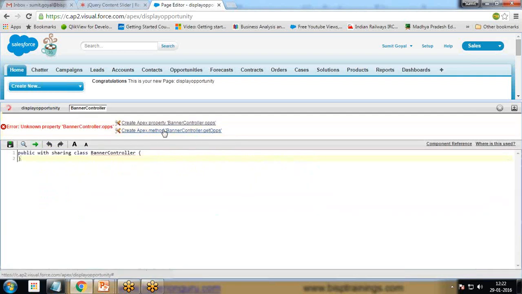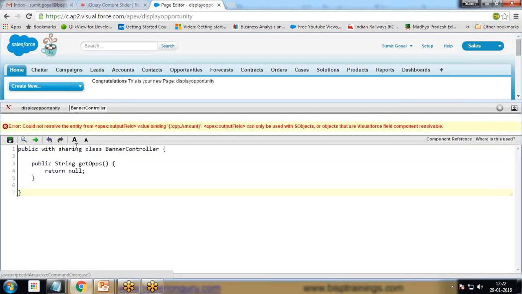and within this banner controller I create this get oops function or method, and this get oops method will be a list type because it will return multiple values, opportunity. Instead of return null I write the SOQL query here: select ID, name, amount, owner.name, close date from opportunity